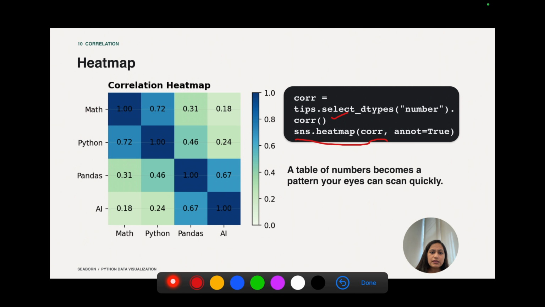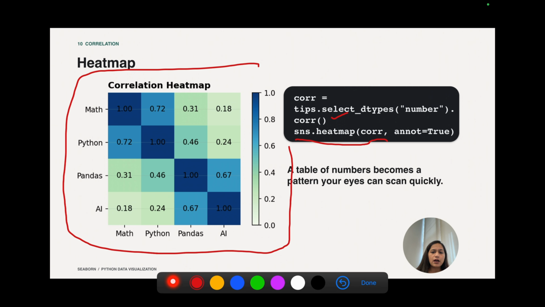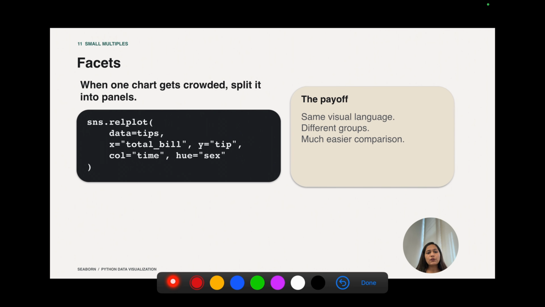It will give us this kind of heat map. Because I have set annot equal to True, it will give me a table of numbers. It becomes a pattern that your eyes can quickly scan. So first we select only the numerical columns and calculate their correlation, and then we plot the heat map.